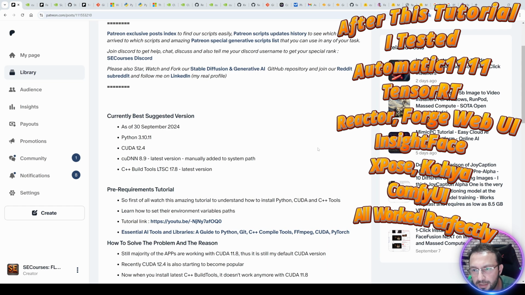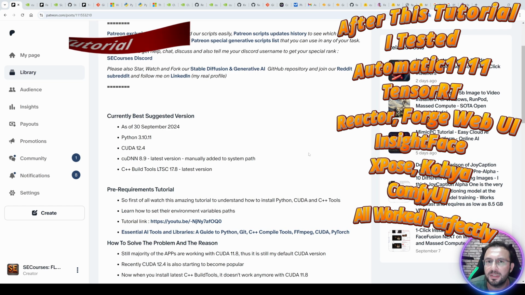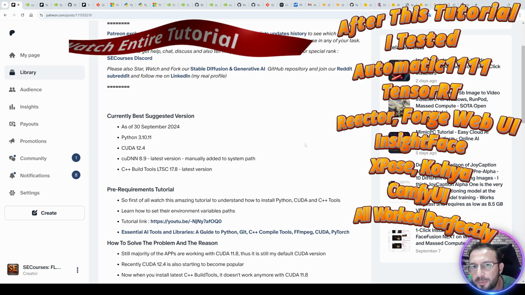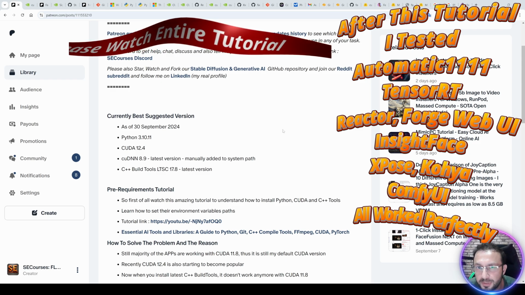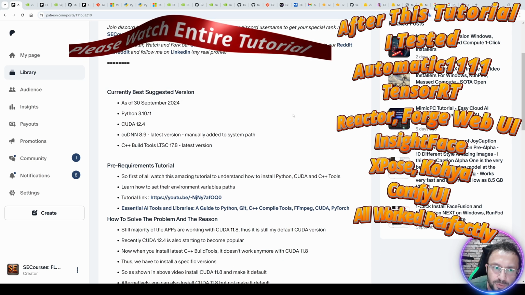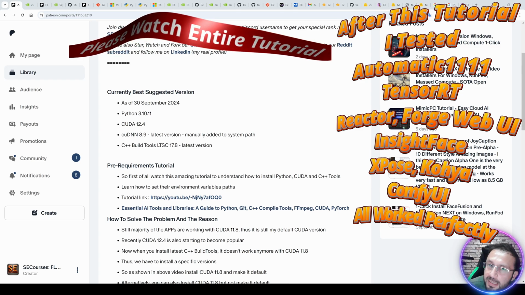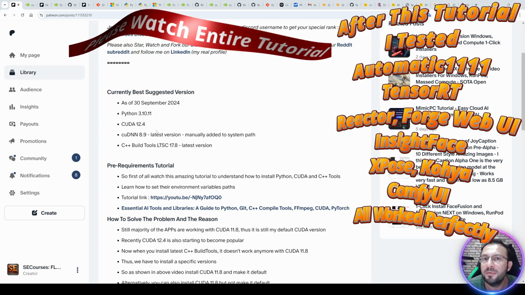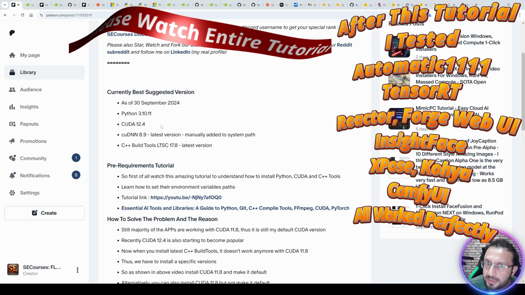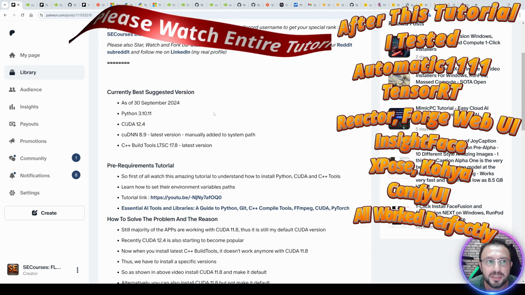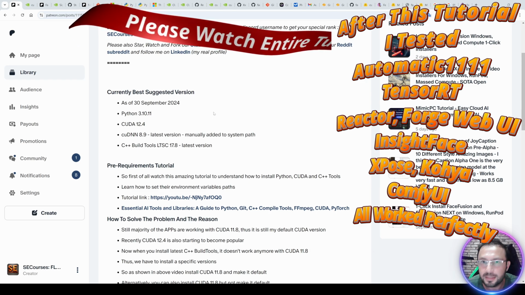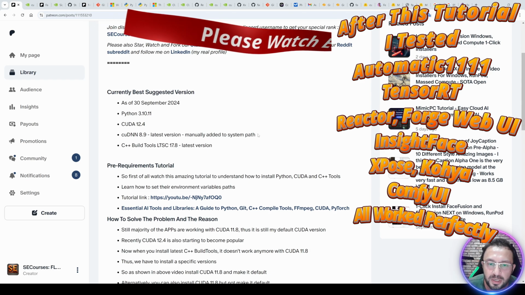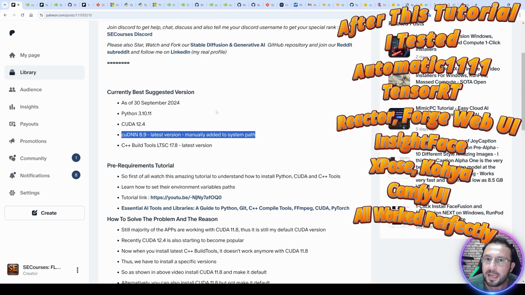Okay guys, this is a hack to the workflow of the tutorial. I am recording this part after the entire tutorial has been completed. You will see in the tutorial that I have installed CUDNN 9.4. However, it is still not appropriate for the majority of the applications. It is only used in Face Fusion so far. So I suggest you to use CUDNN 8.9 as a default version. CUDA 12.4 should work in all cases. When you watch the entire tutorial, you will know it.